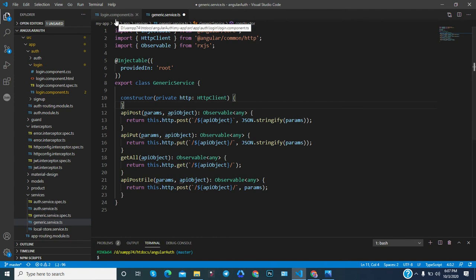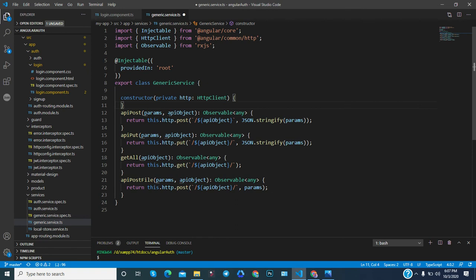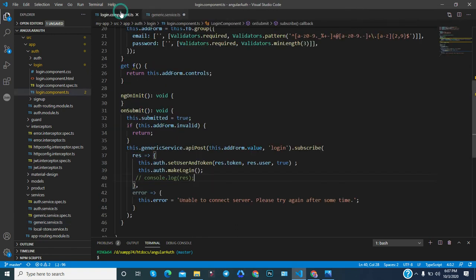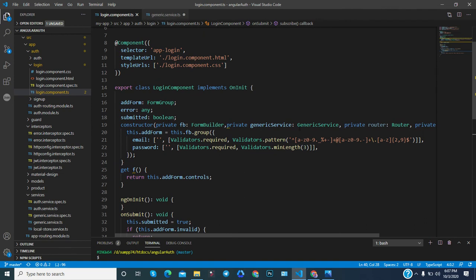Now you can see how we are consuming this API, meaning how we are using this particular service. Since this is a service, we need to inject it through dependency injection. The constructor is a good place to inject anything, because in the case of a class, if anyone creates an object, the constructor will be the first method which will be called.